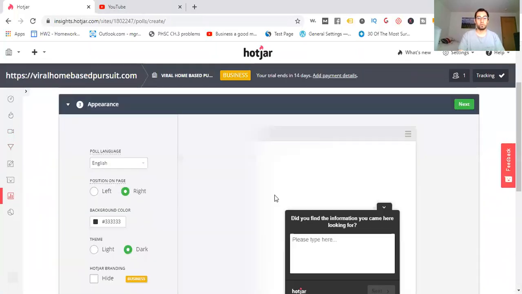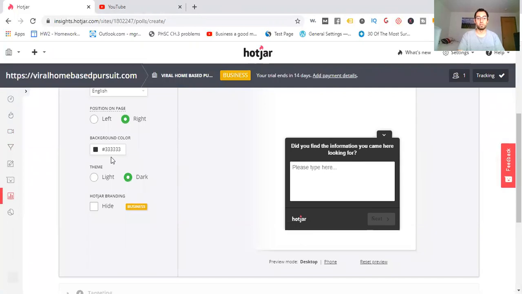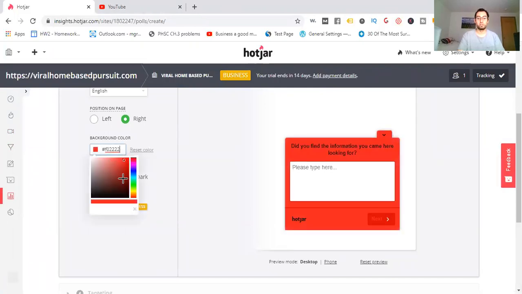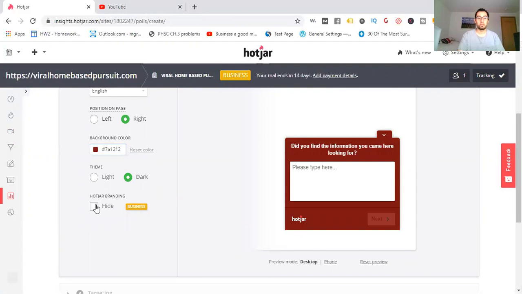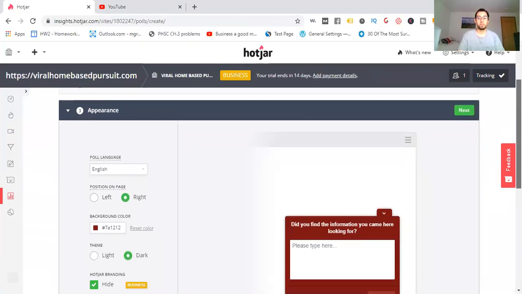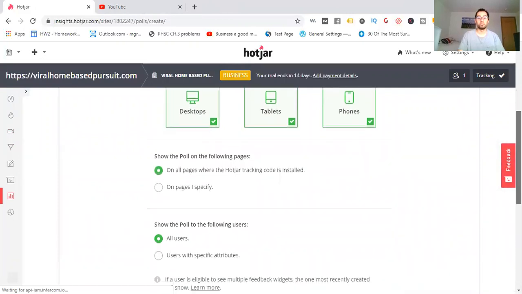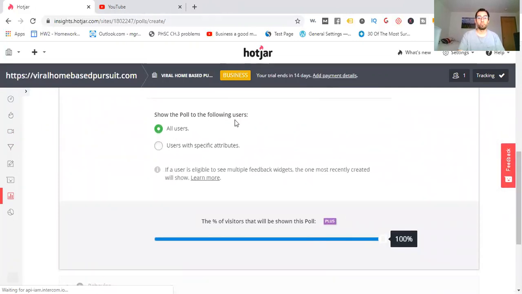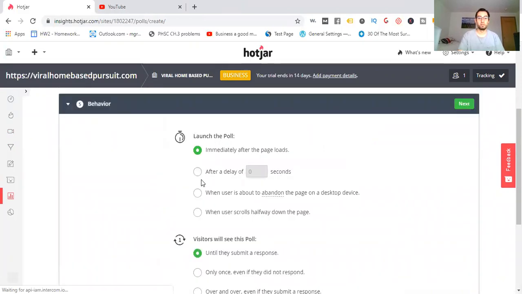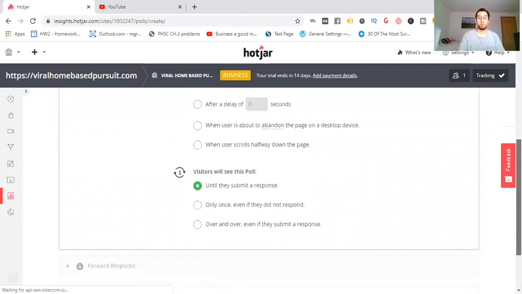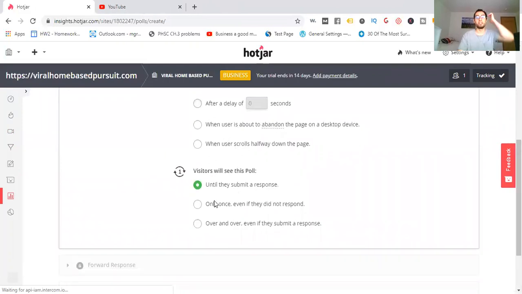Okay, and then go to appearance. You can change the appearance of this, right? Change the colors. You can hide the badge, the branding of it. Press next, or you can scroll down. Where do you want it to appear? All of them. Show on all the pages where my Hotjar tracking code is installed. Show the poll to the following users, all of them. Okay, that's fine. Behavior. And you can make it show where you want it to, delays, or